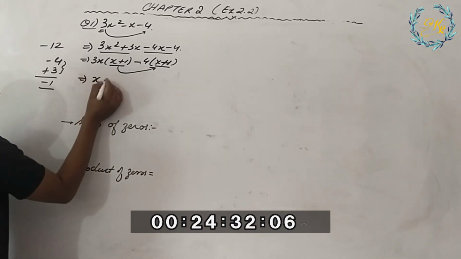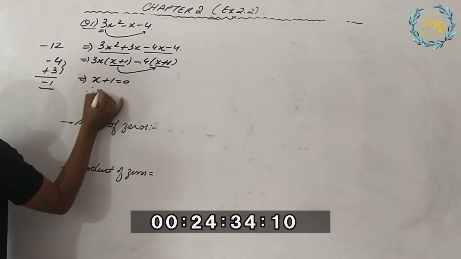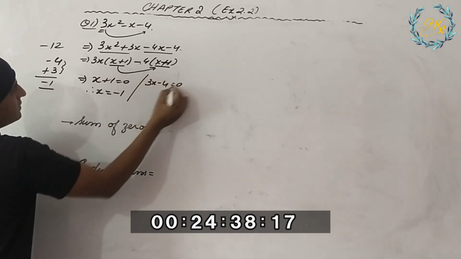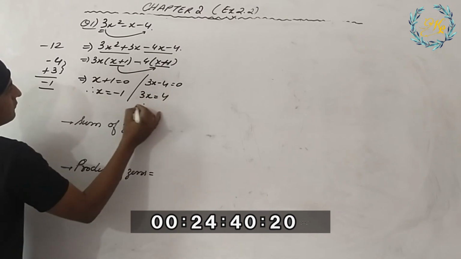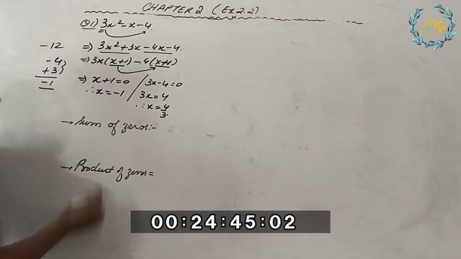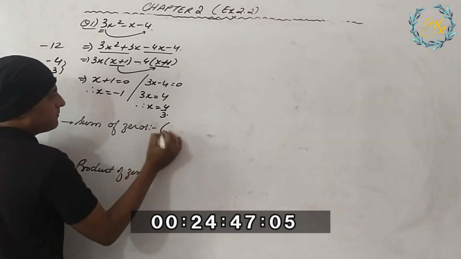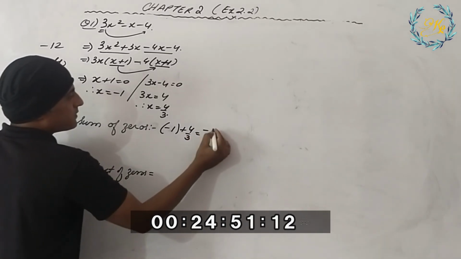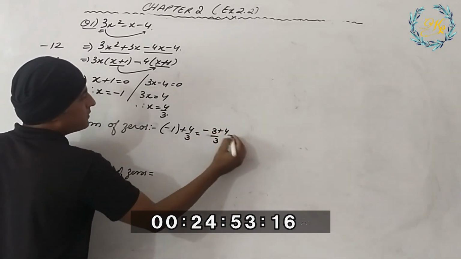Comparing with 0, x plus 1 is equal to 0, therefore x is equal to minus 1. Second, 3x minus 4 is 0, 3x is equal to 4, therefore x is equal to 4 by 3. Now we have got the two zeros, sum of zeros, let's write them. Minus 1 plus 4 upon 3, taking LCM, you get minus 3 plus 4 upon 3 is equal to 1